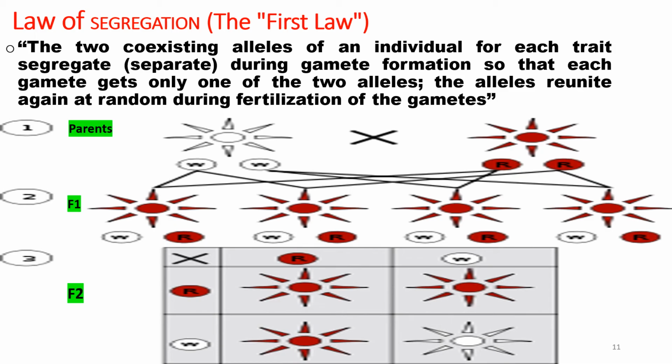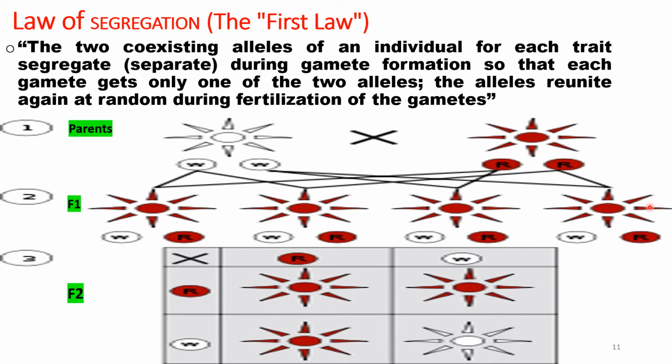We use this to illustrate Mendel's first law. So here we have the parental generation, segregating at the color. So these are the gametes that are formed. Now, going into reproduction, only one of the gametes will go into reproduction, but then they reunite again at random